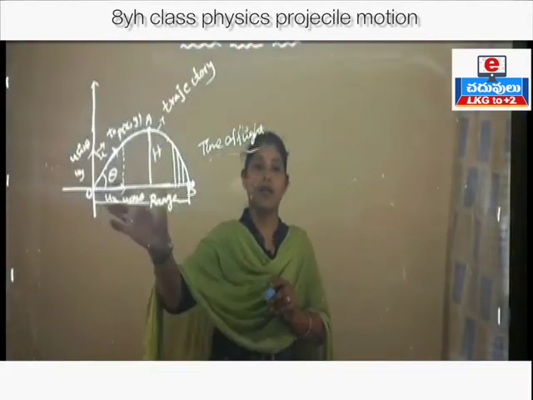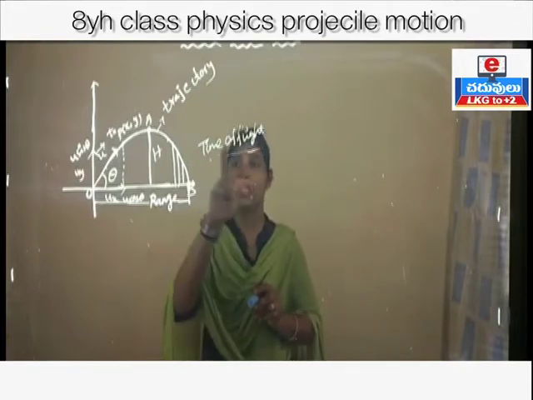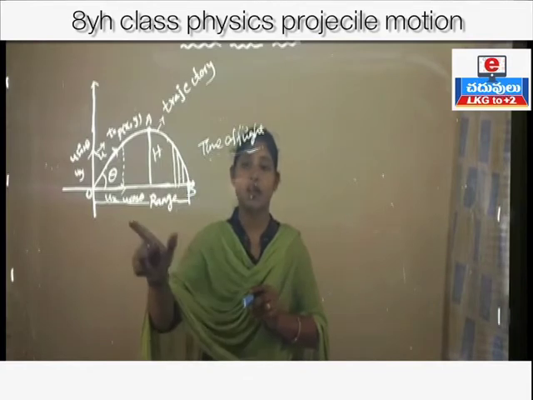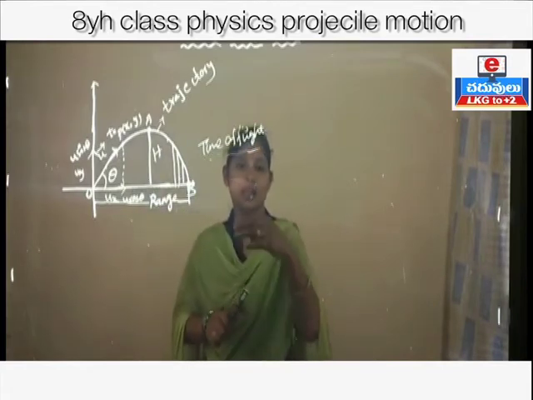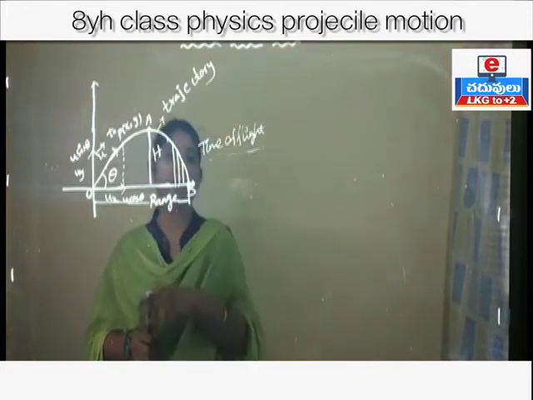Okay, the main things we have to know are these 3 points: time of flight, range, and maximum height. Time of flight means the total time taken to travel the path. Next, maximum height means